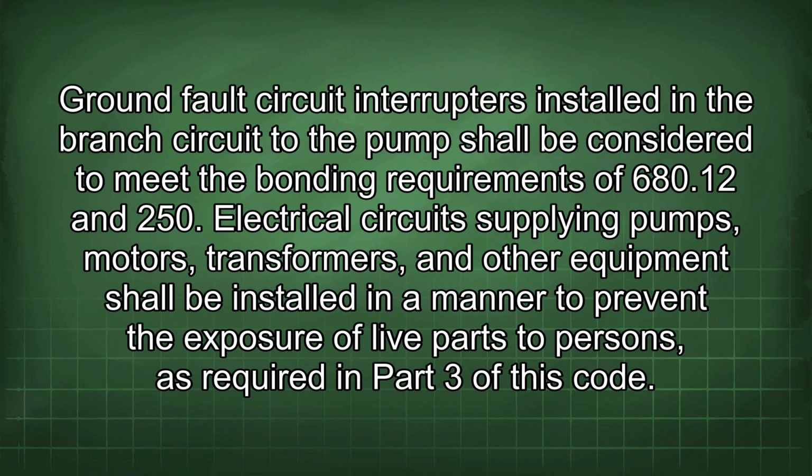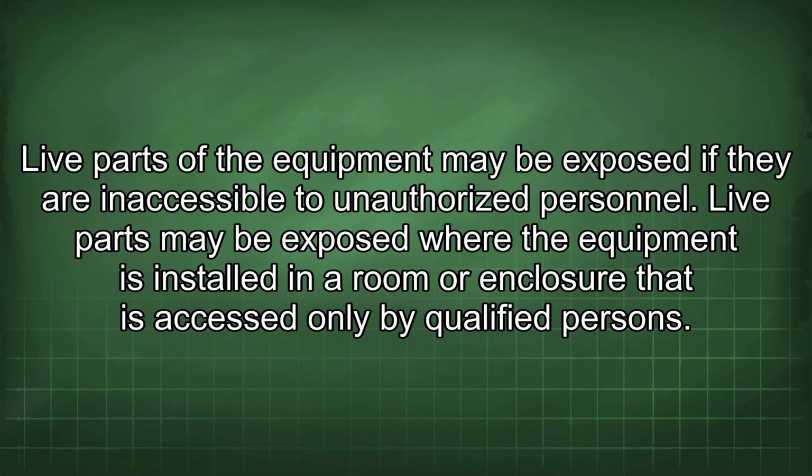Ground fault circuit interrupters installed in the branch circuit to the pump shall be considered to meet the bonding requirements of 680.12 and 250. Electrical circuits supplying pumps, motors, transformers, and other equipment shall be installed in a manner to prevent the exposure of live parts to persons, as required in Part 3 of this code. Live parts of the equipment may be exposed if they are inaccessible to unauthorized personnel. Live parts may be exposed where the equipment is installed in a room or enclosure that is accessed only by